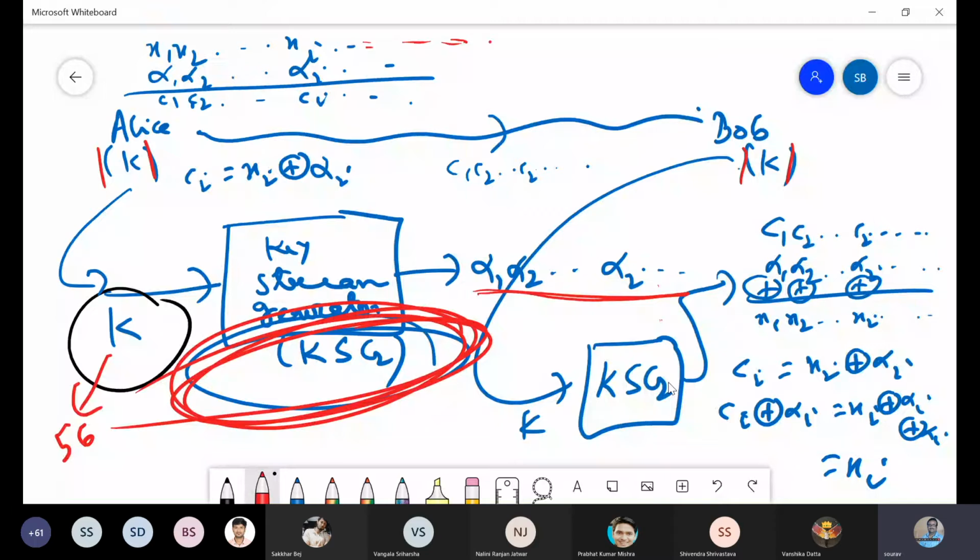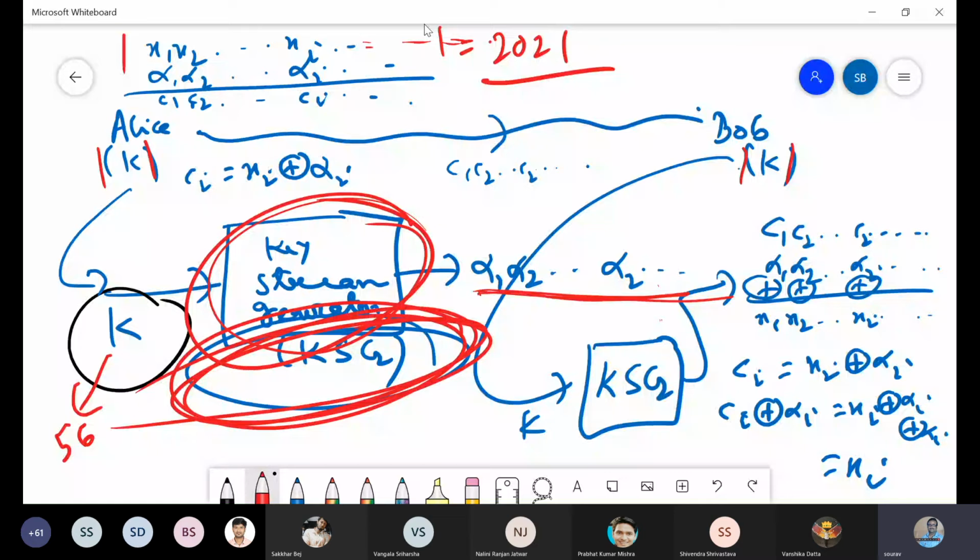It's not magic, where somebody gives me a black box and whatever length we want, we get. Say this is 20 or 21 bits of message. It may not be possible to have this many key stream bits from a given key stream generator. So you're correct, we have to think in that case how to handle all these things. We'll slowly move to that part.